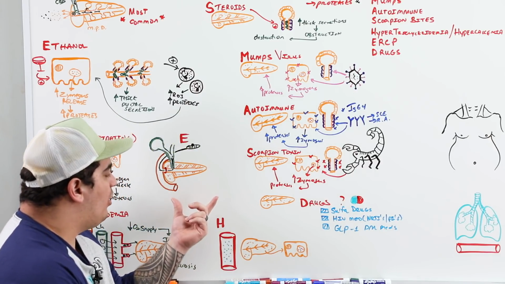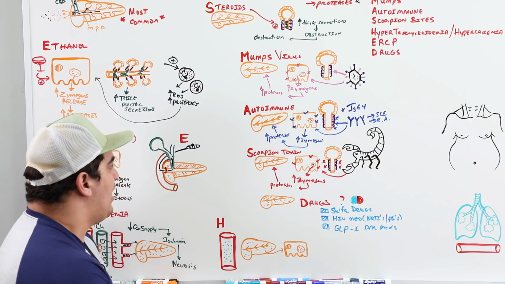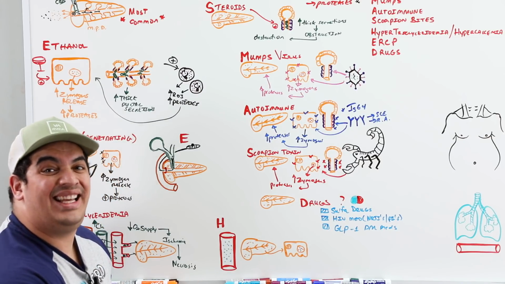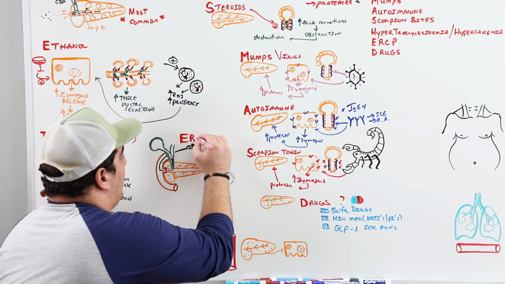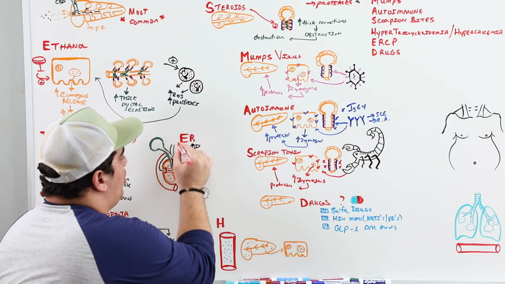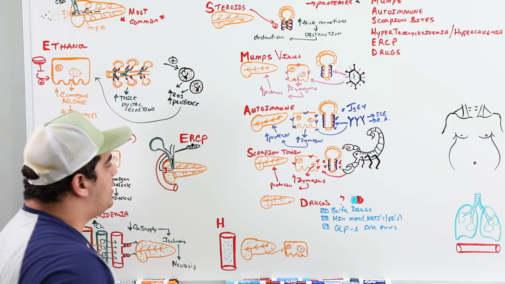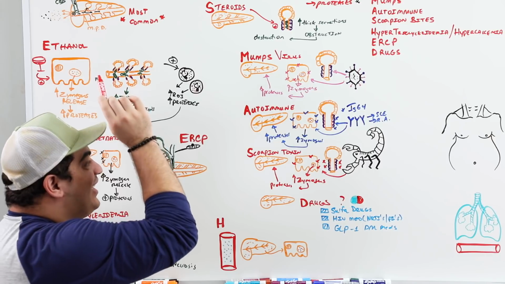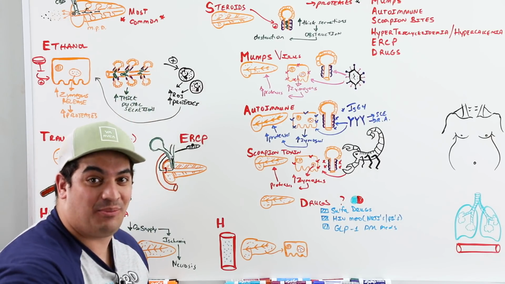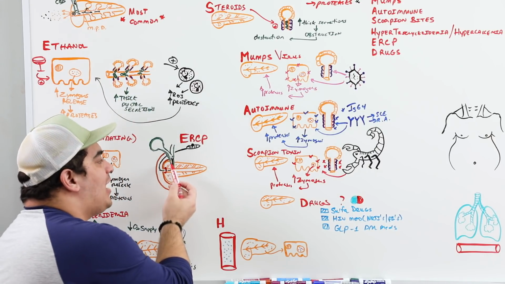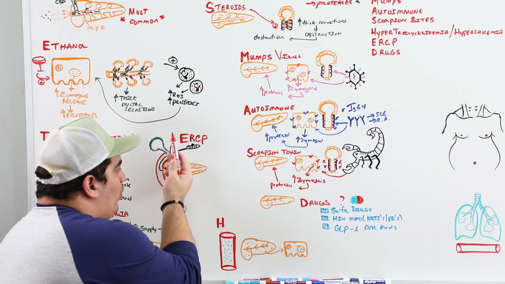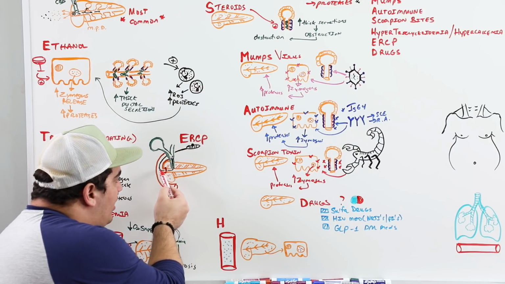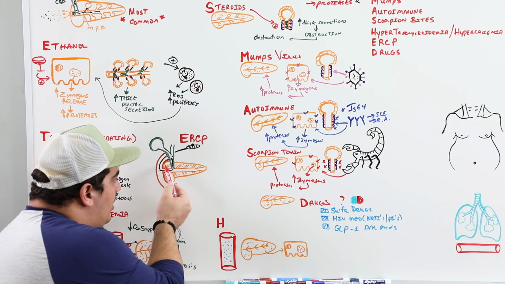Okay, over here we have another potential cause. This one is a very interesting one. It's another one that you definitely want to remember. It's called an ERCP, an endoscopic retrograde cholangiopancreatography. So ERCP is basically a procedure that we do in someone that we think has a gallstone type of cause for pancreatitis, or they have some type of thing where we need to go up and remove some type of stone. So you basically take this camera, you go around here where that hepatopancreatic ampulla is, you make a little